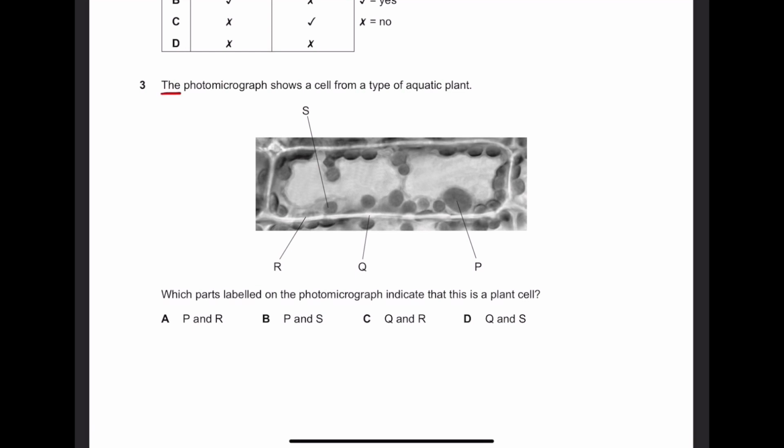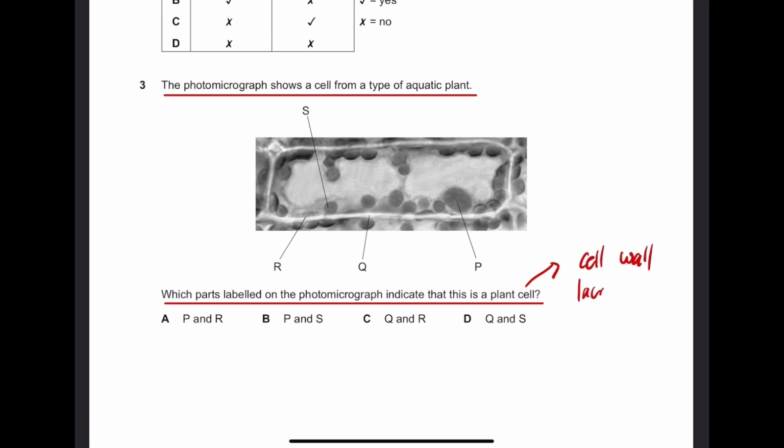Number 3. The photomicrograph shows a cell from a type of aquatic plant. Each part labeled on the photomicrograph indicates that this is a plant cell. As we already know, the plant cell has a cell wall and large vacuole, as well as chloroplasts. So from the photomicrograph here, I can see that the biggest circle is nucleus,